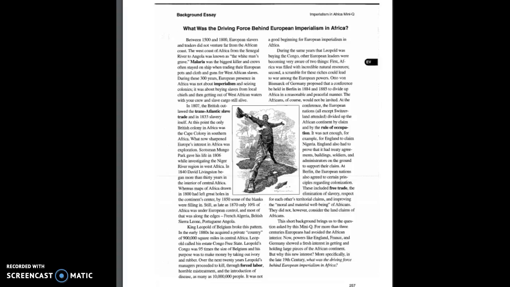Number two, obviously, most of you agreed with the fact that there's a huge element of economic motivation. When we're talking about economic motives, we're referencing the fact countries want to make money. They're looking for raw materials for their factories. For example, cotton was a raw material, especially for our textile factories back in England. And we also see that Europeans are looking for markets, or places to sell these finished products.